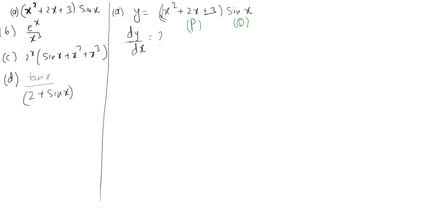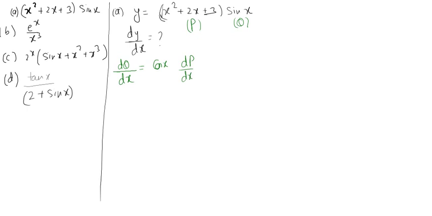Okay, now dq by dx is d by dx of sin x, so it will be cos x, and dp by dx,